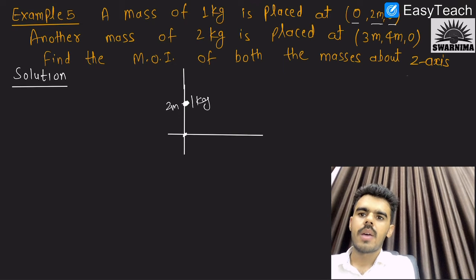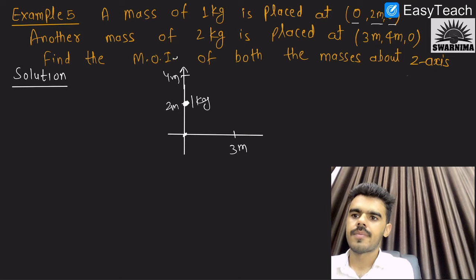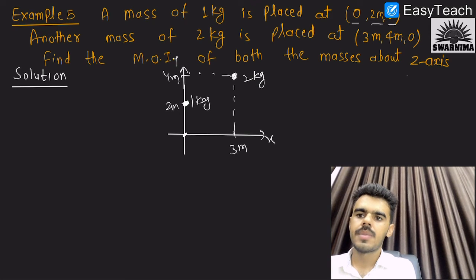And 2 kilogram is placed at 3 meter on the x-axis and 4 meter on the y-axis. So this is the point where 2 kilogram is situated, and we have to find the moment of inertia of both masses about the